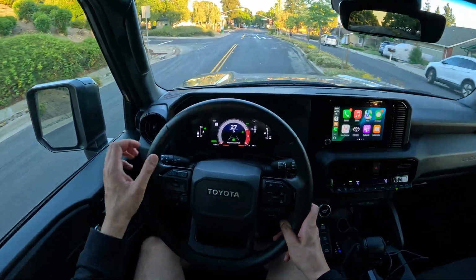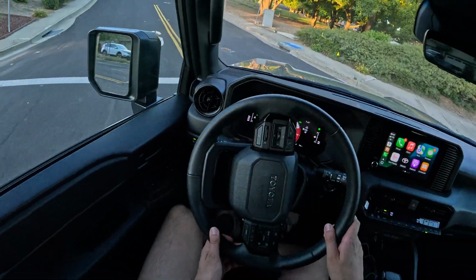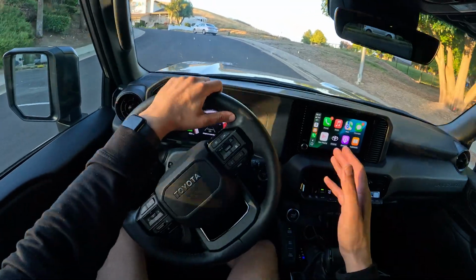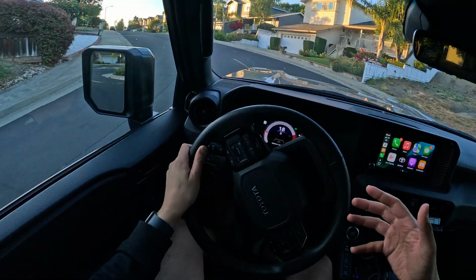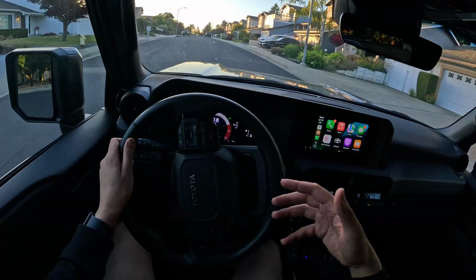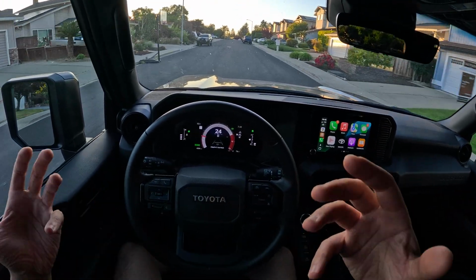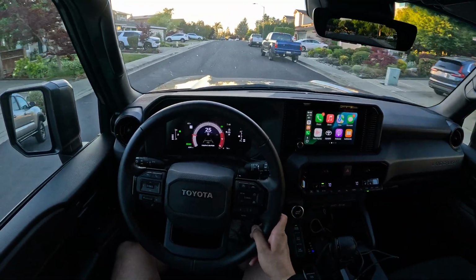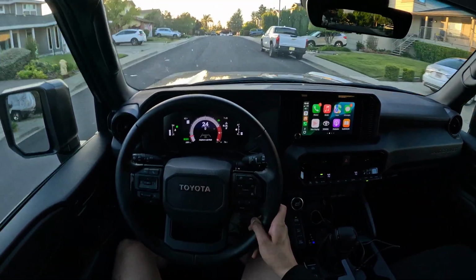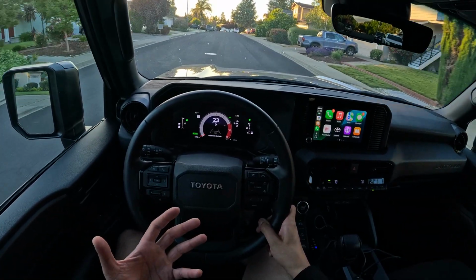I personally have been finding myself enjoying it far more than I expected, because it just helps me relax when I drive, and normally I'm go, go, go. So it has that rugged, old school nostalgia, cool factor to it. I was very interested in it because I love the styling. I love the fact that it can tow my vehicle to the track, which is why I would consider buying one. My girlfriend is actually in the market for a new vehicle, and she said while she likes this, there